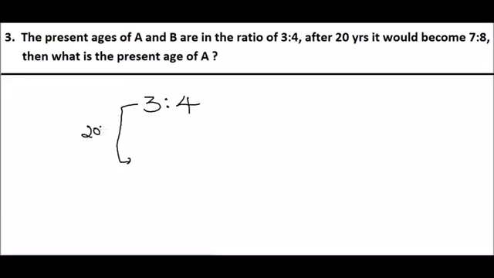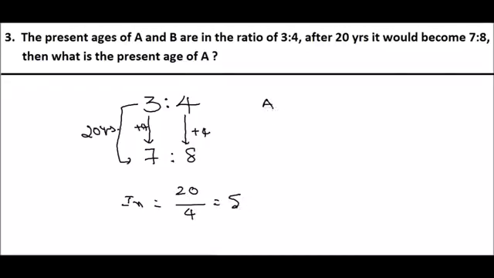After 20 years, this is 20 years, it has become 7:8. Now try to find out the interval. Interval is equal to 20 divided by 3 plus 4, 7 it is. Now this is 4 plus 4. Both the cases are the same. So 20 by 4. Now interval is 5. Now A's present age is equal to